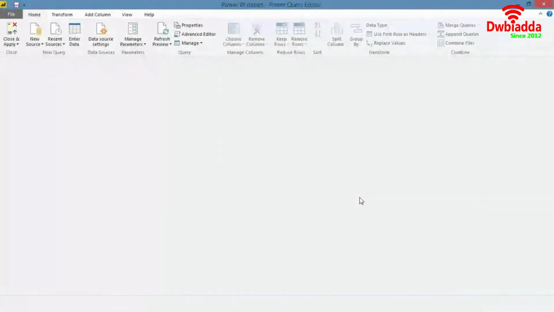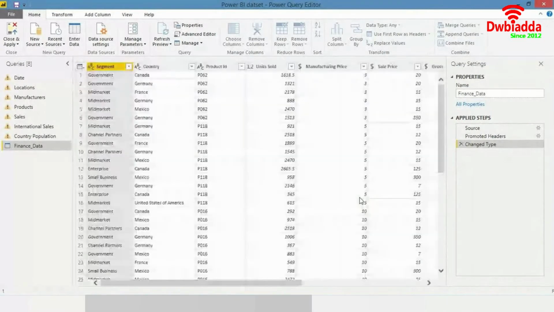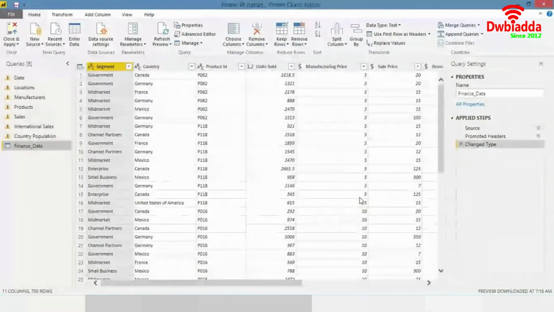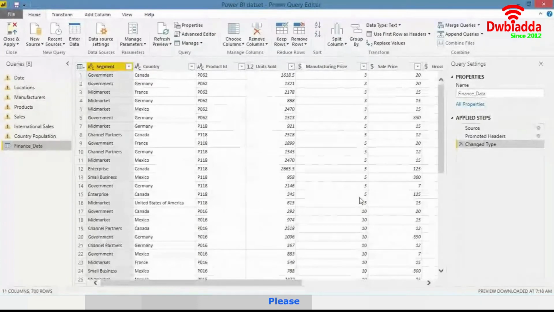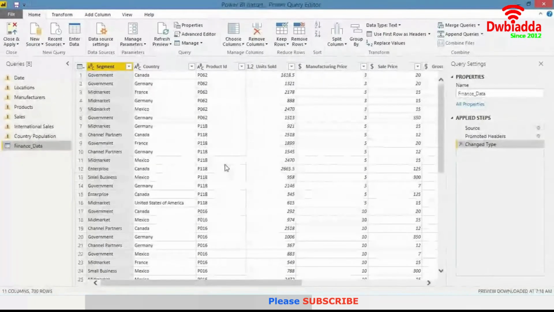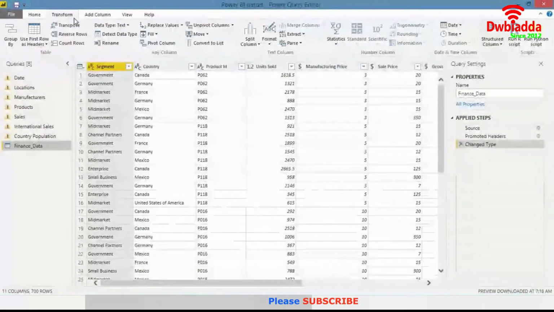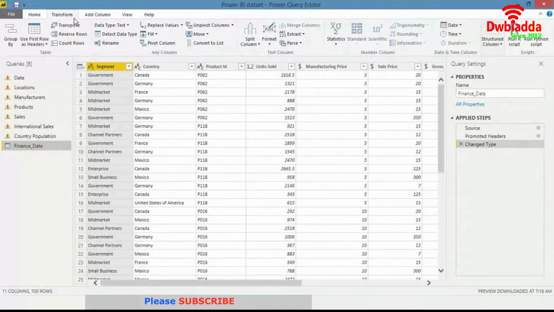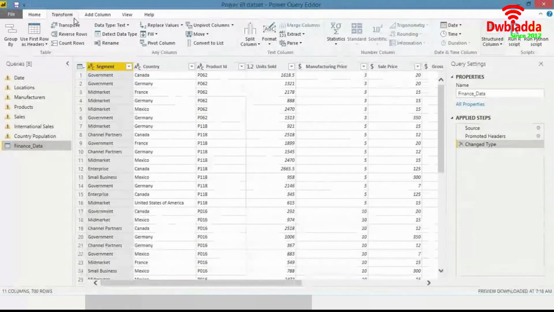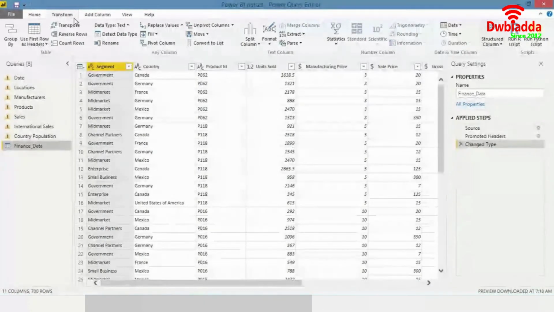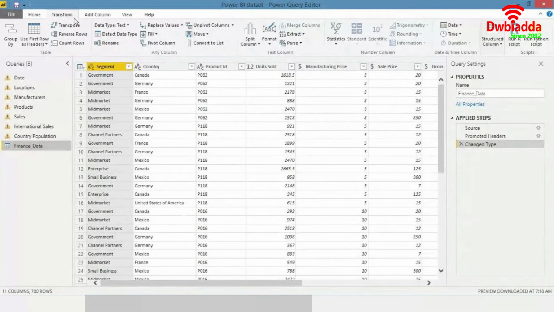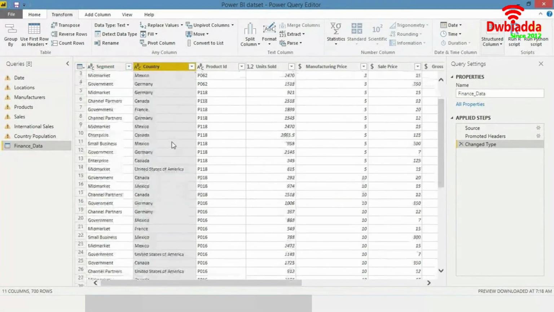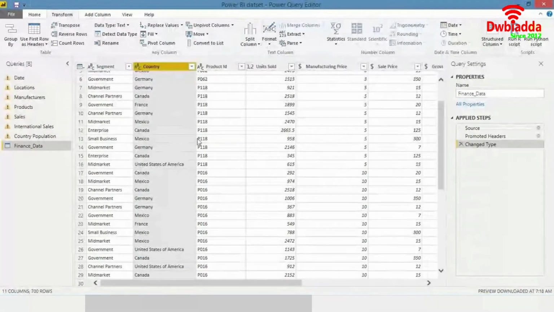The window that we get now is nothing but the query editor. Over here you'll get multiple options to transform the data. You may have a raw data set that is not at the level you want to perform your analysis at. For example, you may want to split the data at a certain level. Let's say there are multiple columns, and you want to split the data into multiple columns, so that every single word coming in this column is split into multiple columns.